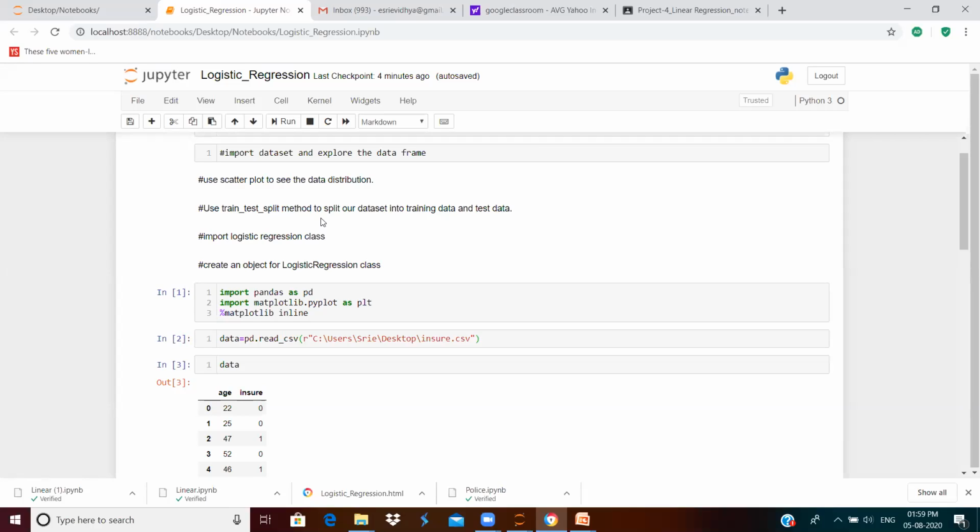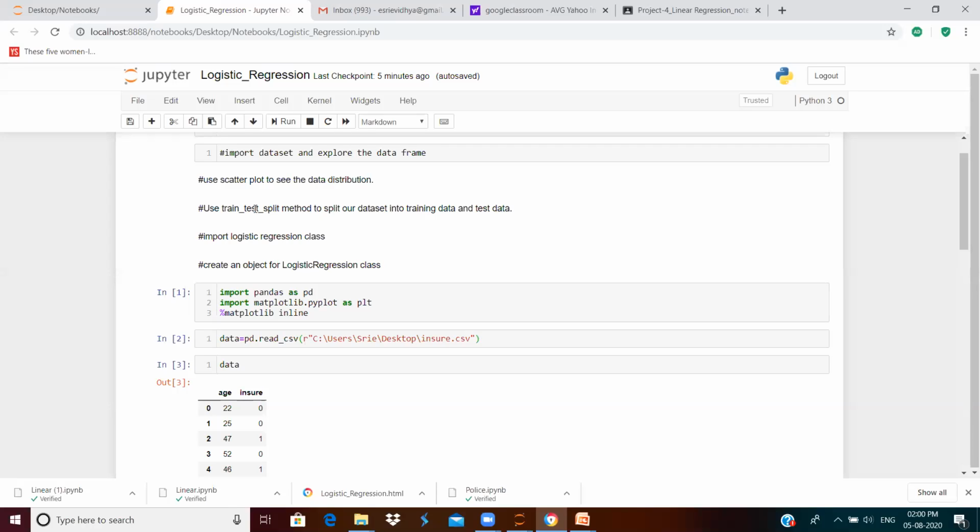For this, what you do is you're going to split your data set into training data set and test data set, right? To split your data set, you need some library functions, which we will have to import. After splitting the data set, you're going to feed the logistic regression model only with the training data set, and you're going to test the prediction accuracy with the test data set. I will show you how it is occurring, right?